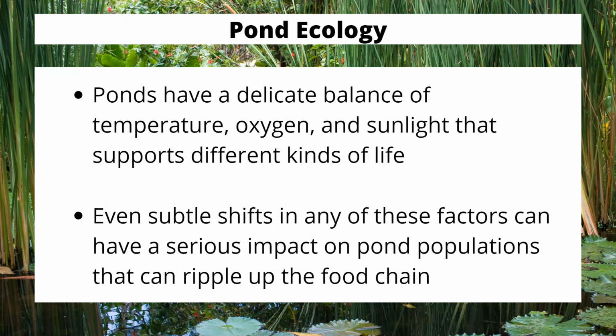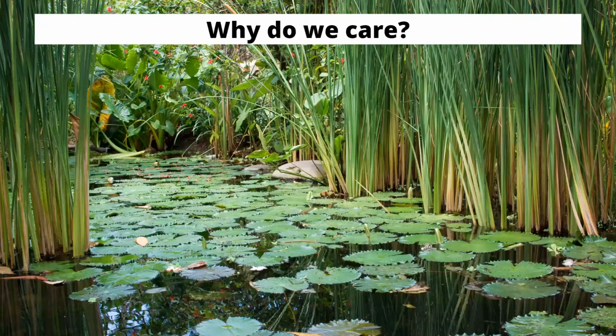But the simplest one, the one that's most easily understood, is just the fact that these guys are a food source, and they're a very, very necessary food source for a lot of our fish and other organisms that we're going to put value behind. If you like a pond that has a lot of frogs visiting it, you need a pond that has insects in it, or other critters like crayfish and other things that are going to help keep that wheel of life turning. So like I mentioned, why do we care? Well, I just gave you a reason.